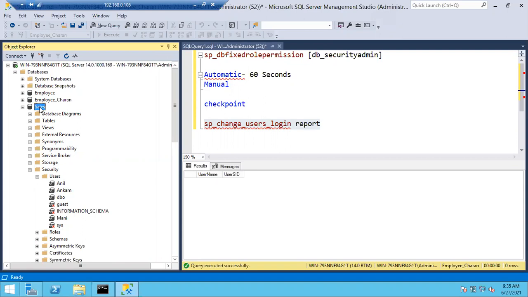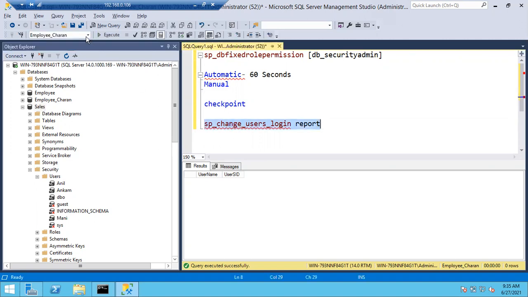If the parent is missing, what do you have to do? We have to find the parent and map it again. We simply create the login and map it again, and automatically the issue will be fixed. So let's try fixing the issue. We can fix it in multiple ways, we have four ways. One is the common way: you can create a login with the same password, or else we have a method called create login with SID.